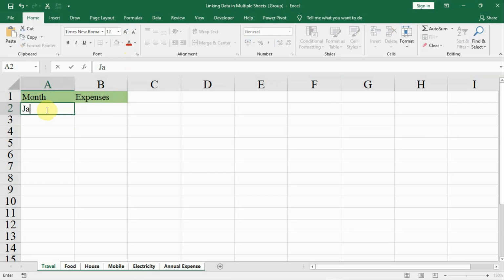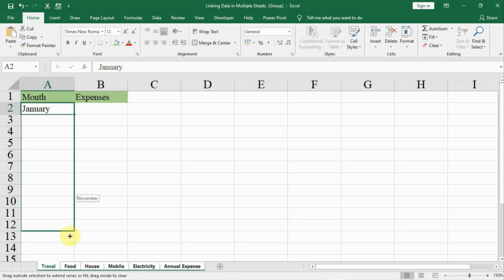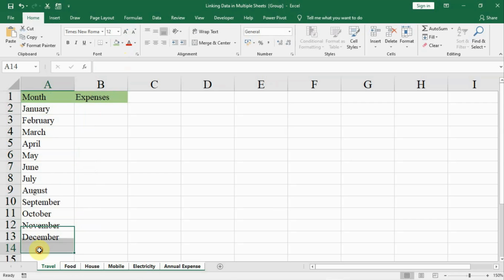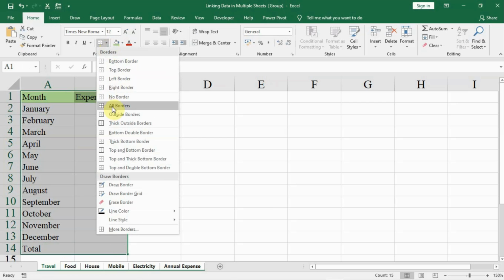Write down January. Drag it down till December. Write down total. Select this data and all borders.